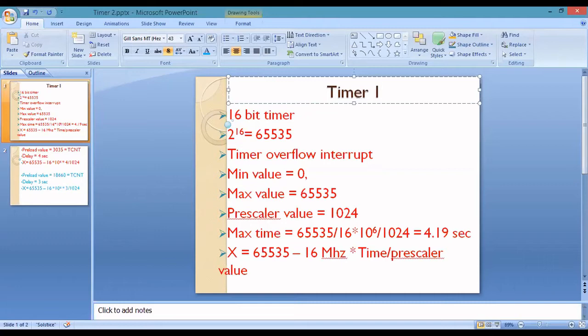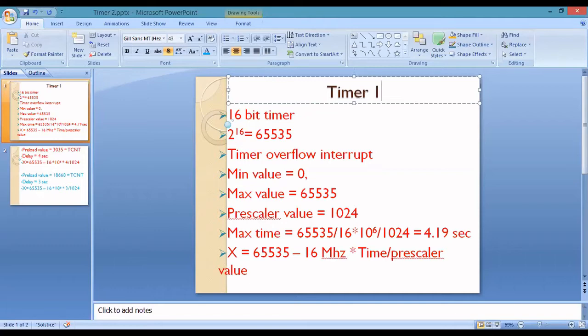Next is the prescaler value. What is meant by prescaler value? Without it, for every 1 clock pulse the timer gets incremented. But here we are giving some prescaler value, so for every 1024 clock pulses the timer gets incremented.